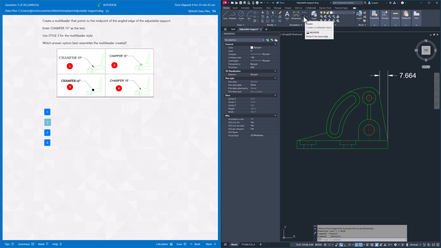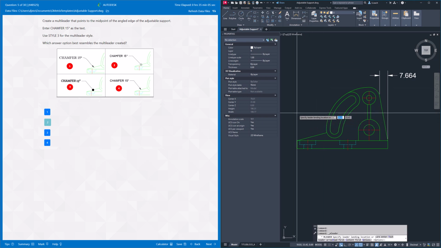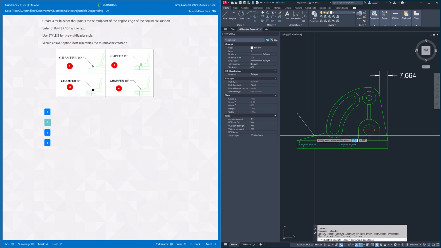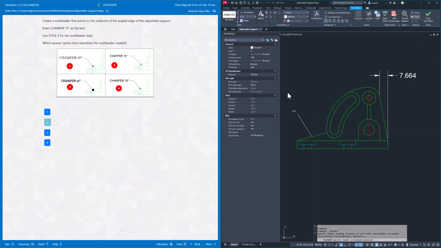So I'll go up to multi-leader here. I'm just going to select a point here and then point to this angled line. And it wants you to make the text say chamfer 15 degrees. So my caps lock is on. I'm going to type in chamfer